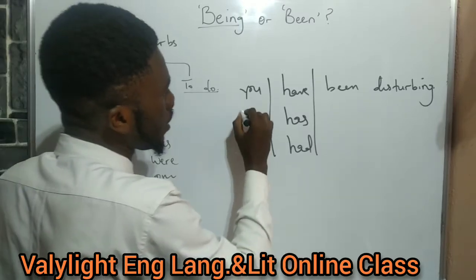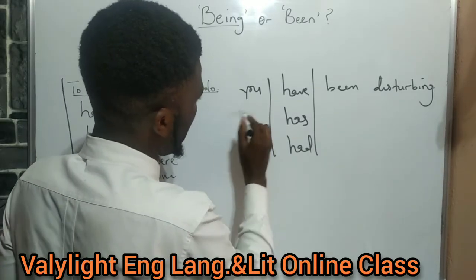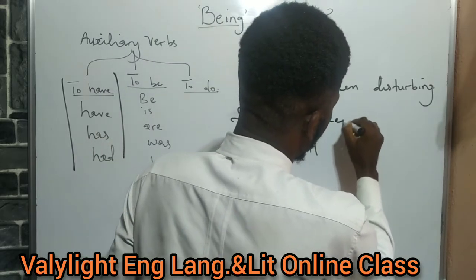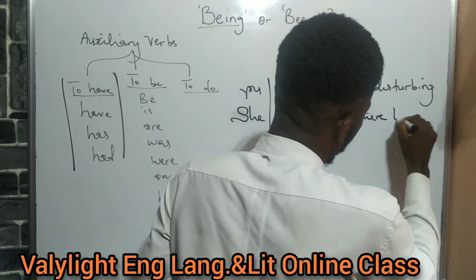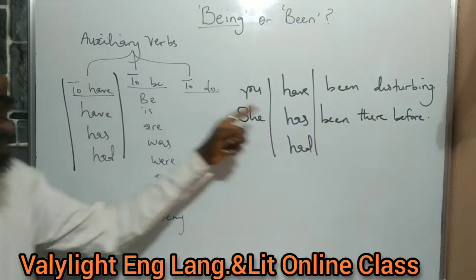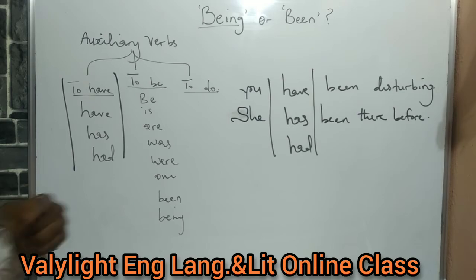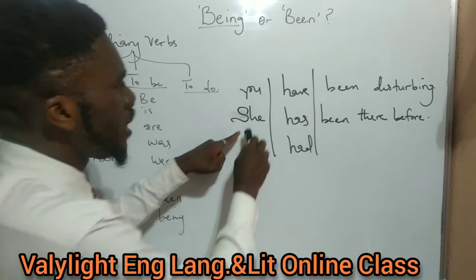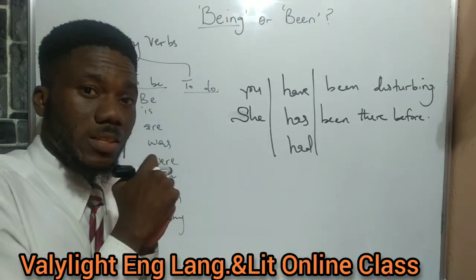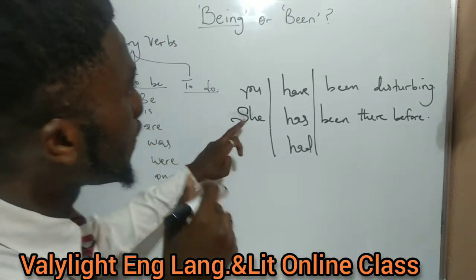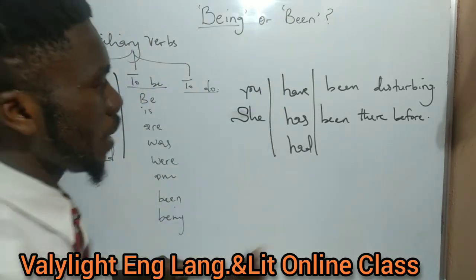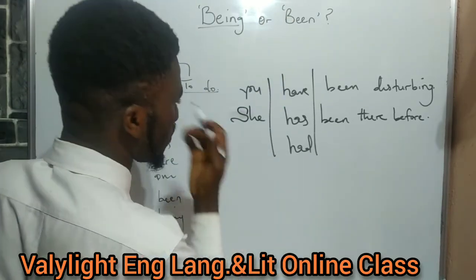You have something like, she has been there. She has been there before. She has been. I don't know if you understand something. Now, this is in the perfect tense form of this particular verb. When you make use of this, it must go with one of these. You can see where you have had, and you can see something like